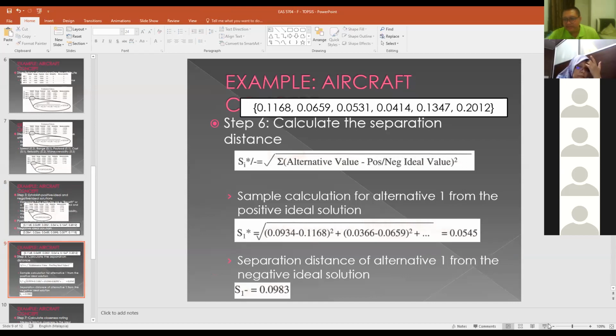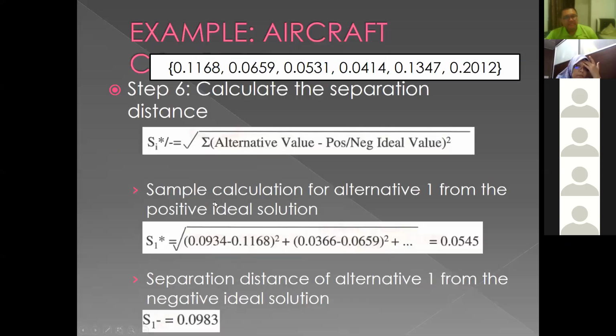Okay, to calculate the separation distance, S1 plus here, and down here we have S1 negative, right? There is positive, there is negative. So what it means is, earlier we have discussed that we want to get rid of the risk, and also we want to get the maximum profit that we can get. Okay, so this is sort of